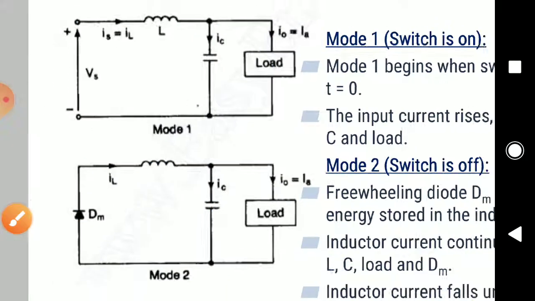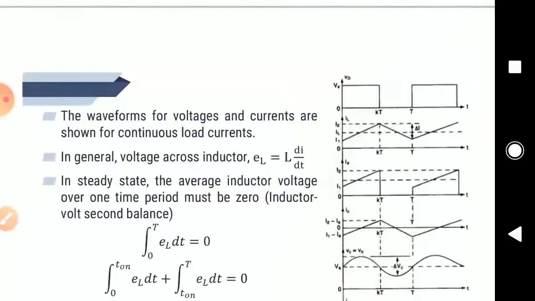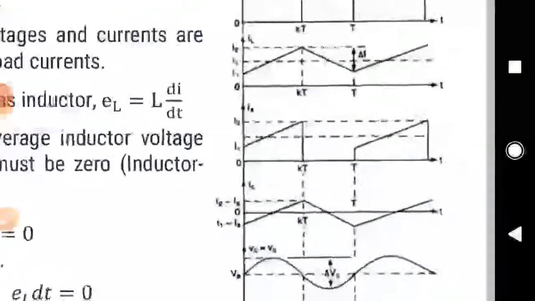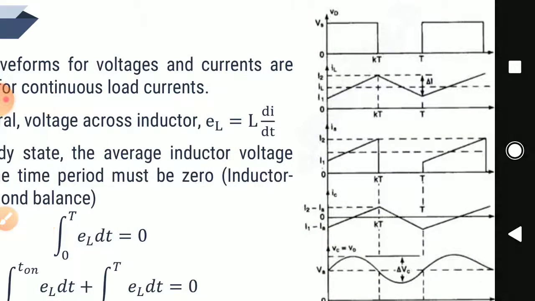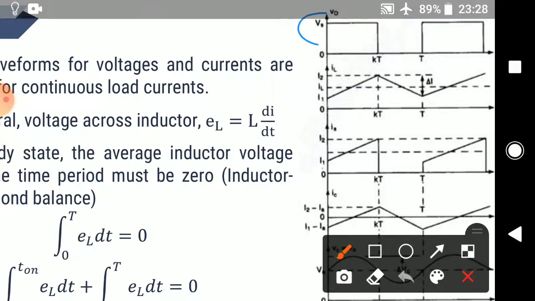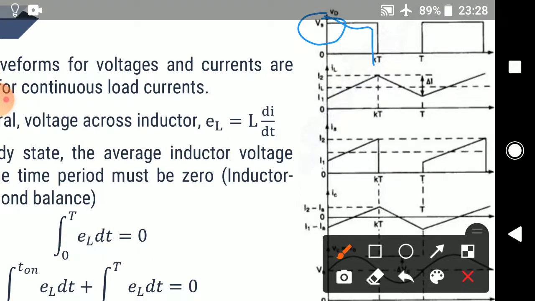Okay, now let's move on to the waveforms of the buck converter. Now over here you can see the voltage Vs. If you remember, when you had turned on the particular switch, the current was starting from the supply voltage, and when you turned off the switch there was no voltage Vs. So that is why you are having pulsed waveforms.